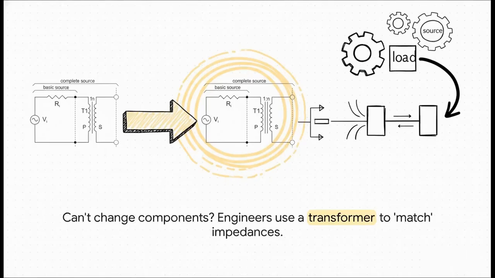So what happens when your source and load resistances are fixed and they just don't match? Well, engineers have a really clever tool for this, a transformer. By picking just the right turns ratio, a transformer can trick the source into thinking the load has a different impedance. It's an impedance matcher, letting engineers create that perfect match for maximum power, even when the parts themselves don't